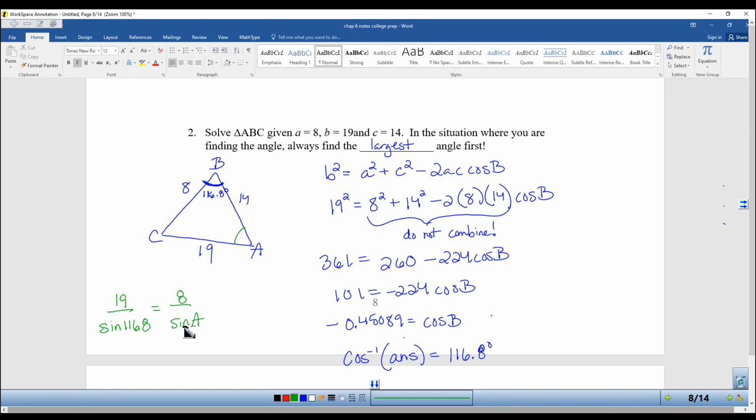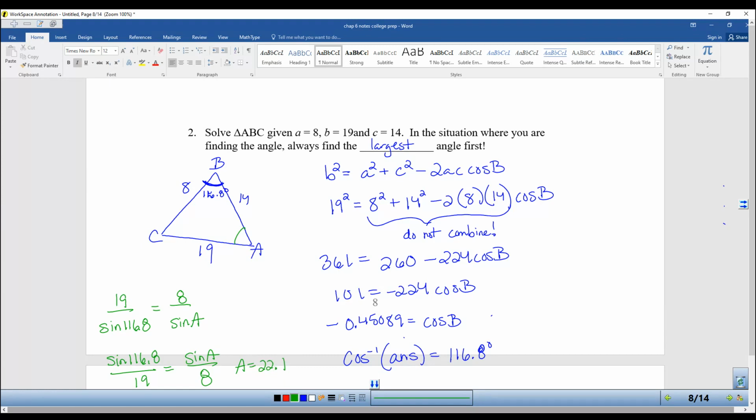And after I did it, I realized my sine of A is on the bottom. So remember, if that bothers you, you are more than welcome to flip the law of sines upside down and do it that way. So when you do that, you're going to have to use that inverse sine again, just like we did here. Make sure you use the answer to get the full number, and you'll find that A is equal to